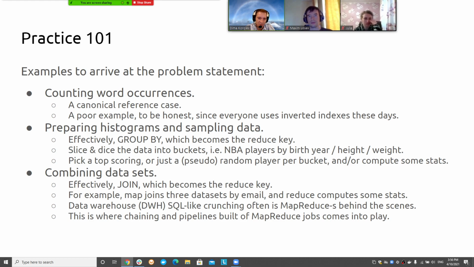The third class of examples is, again, in SQL terms, what you would do using a join. So if you really need to compare or cross-reference multiple data sets, you probably want to use some join key. I used emails here in the example because I want more emails. So maybe you have multiple marketing campaigns. Your company just merged with a larger, different company, and you want to make sure that, hey, can I see if the users share some spending habits or shopping patterns? That's a fairly big job. But if the key is, let's say, the email itself,